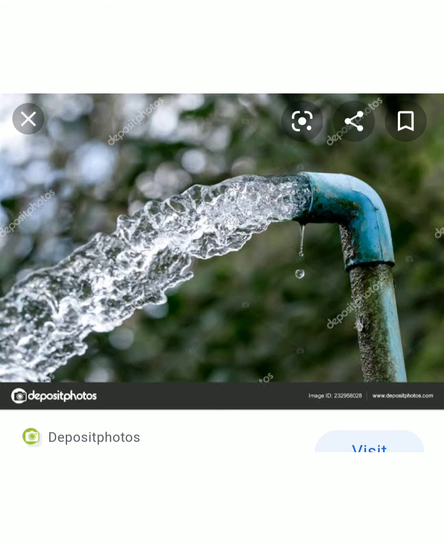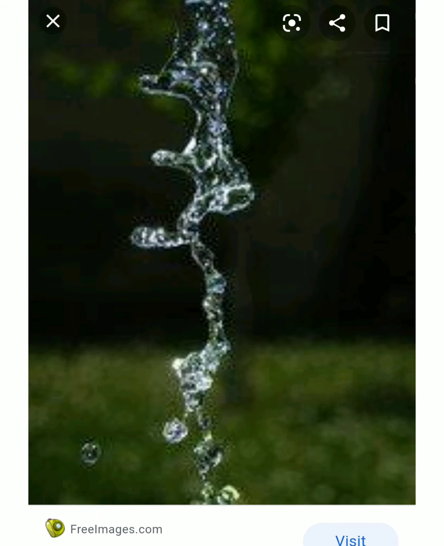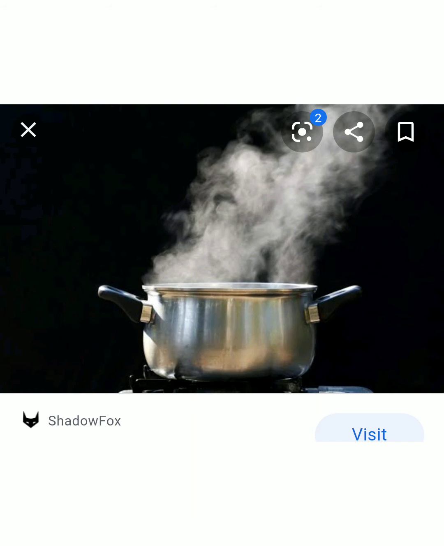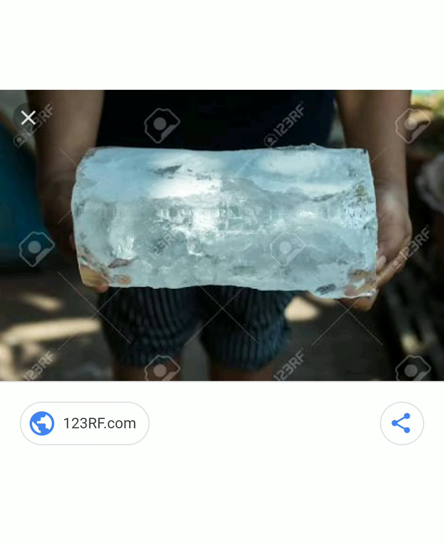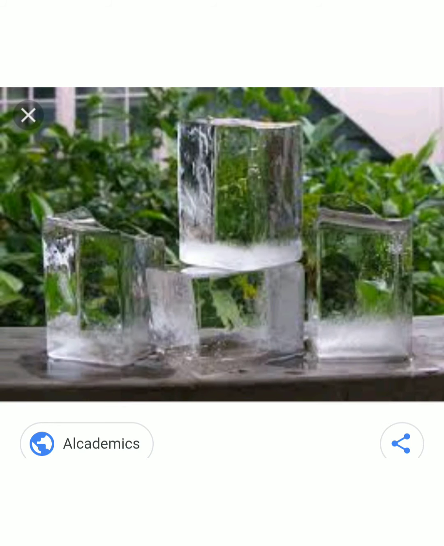Water doesn't have any shape, so it acquires the shape of the vessel that it contains. So water can be stored in tanks and containers. The next property is water exists in three states of matter. The solid state, ice, is used in industrial fields to store fishes, and in cool baths to prepare soft drinks. Steam is used to cook food and used in industrial fields. These are all the points that we have studied earlier.